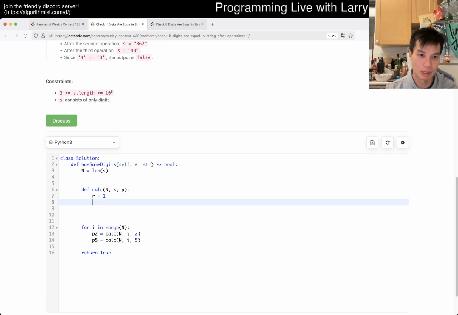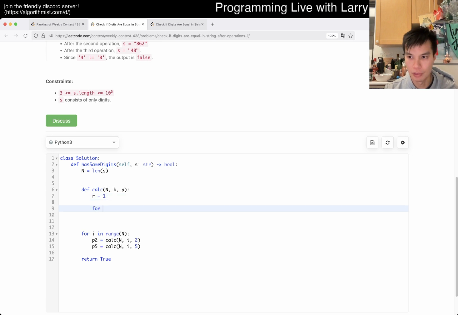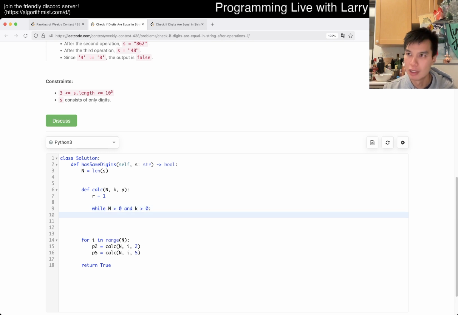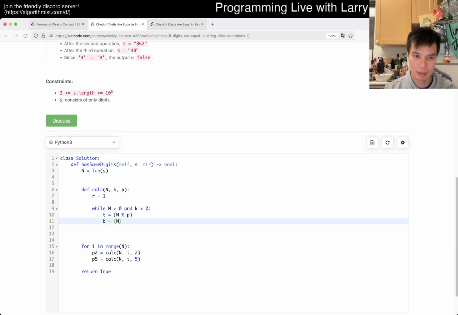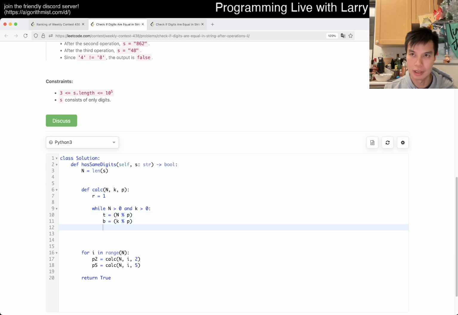Is it? Yeah, okay, fine. I think that's right. So then, while n is greater than 0 and k is greater than 0, because otherwise if one of them is 0, it doesn't matter, then it's n mod p, right? So the top, maybe bottom, is equal to k mod p, and then it is just